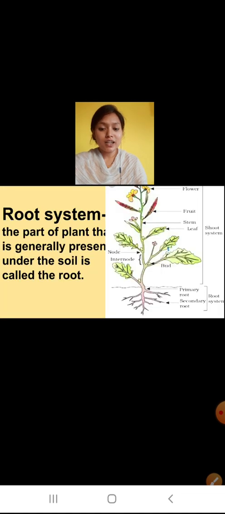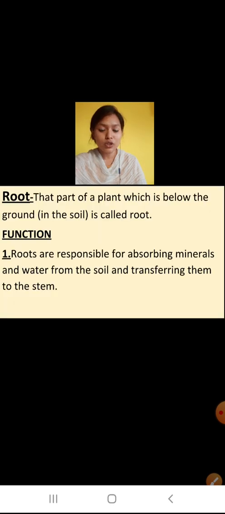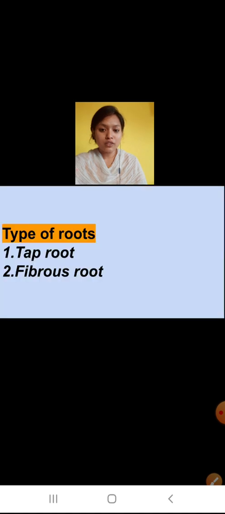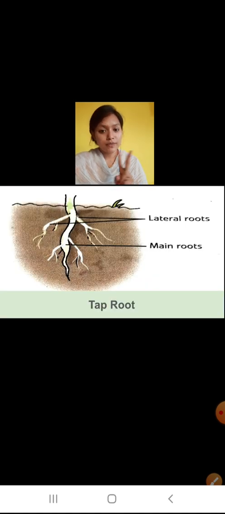After this, we studied about the main parts of plant, the root system and the shoot system. The root system is the system that remains under the ground, and the shoot system is up above the ground. We studied about the importance of roots in plants also, and their function. We studied about two types of root: tap root and the fibrous root.